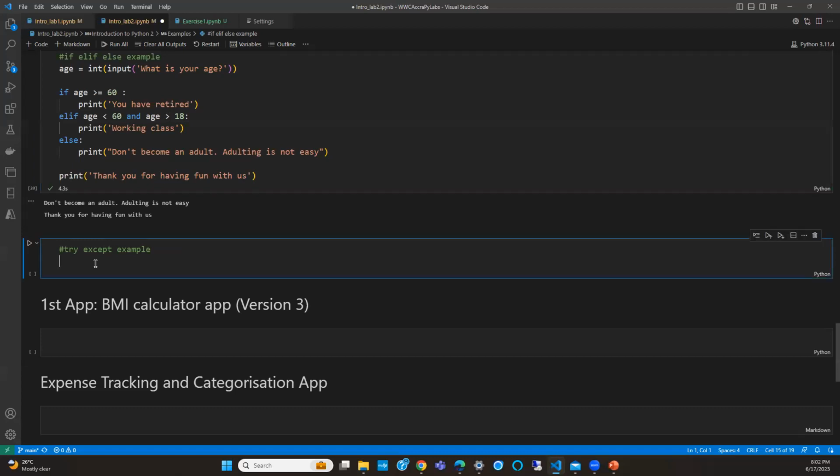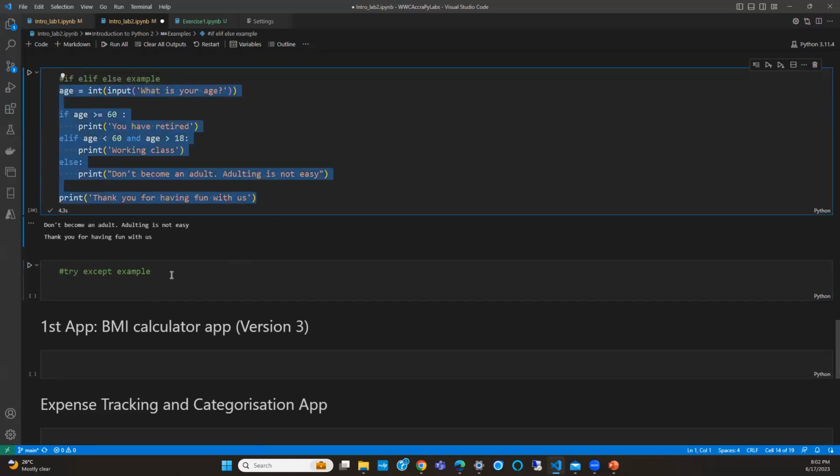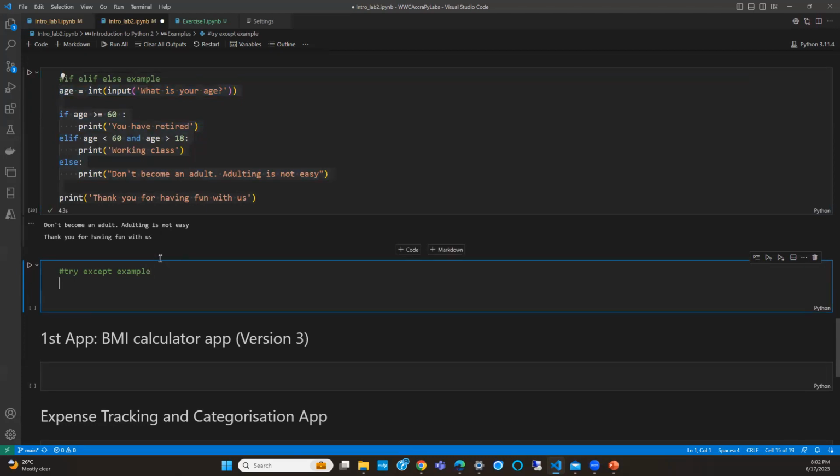Okay, so let's look at an example for this. We're going to pick the previous example and just go through it. I think it would be confusing if I have the if, elif, so let's leave it. We can put all that in a try except, but I think that will be my next example, where I will talk about nested conditions.